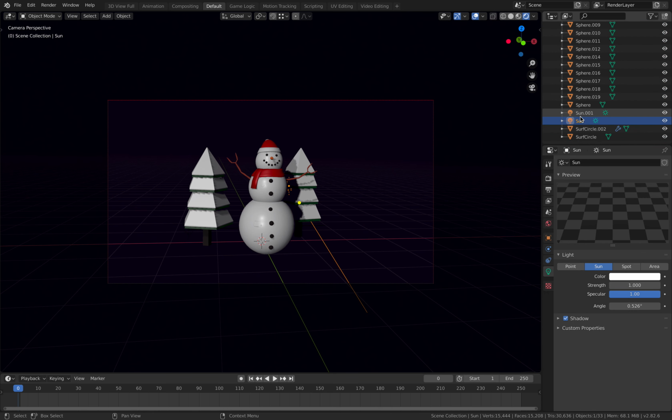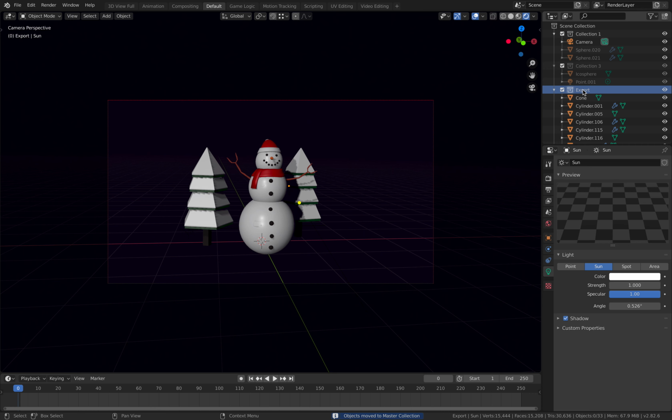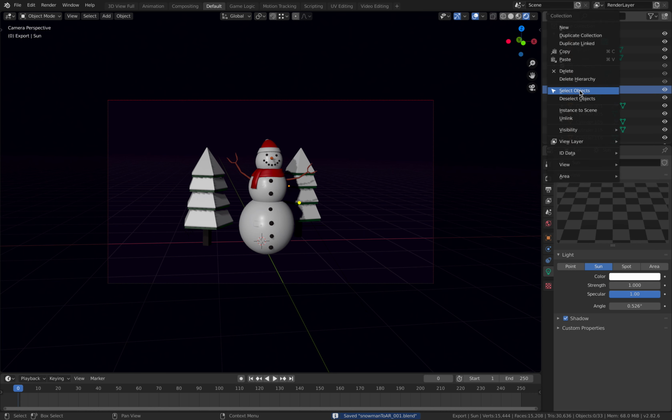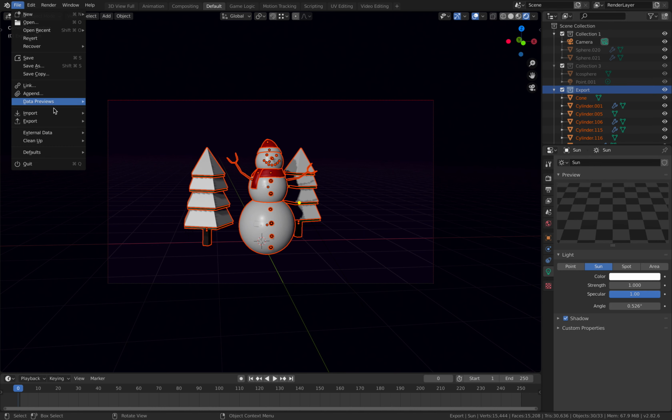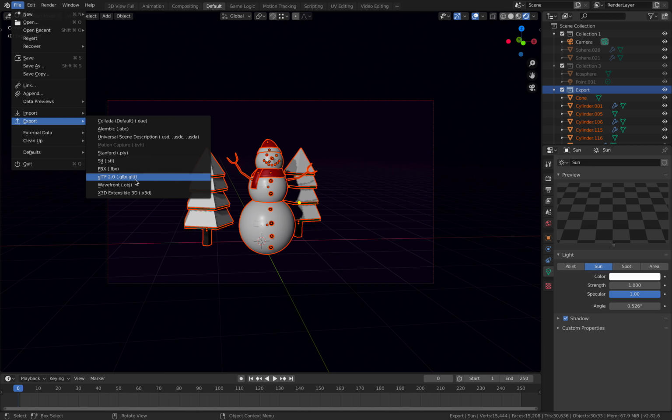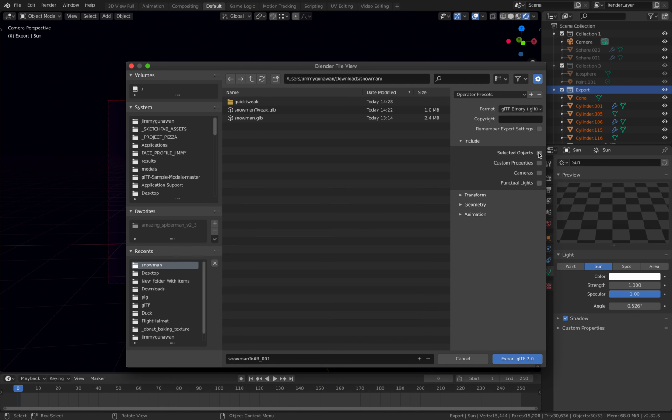For the sun, we actually don't need it inside the collections, so move it outside. But here we can select hierarchy, select objects inside hierarchy, and then file, export, GLB, include only selected objects. Sometimes we actually need to turn on apply modifiers. For now it's okay. Copyright, then I mean, Jaenne,